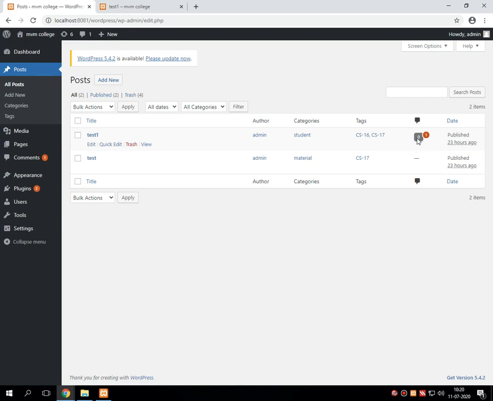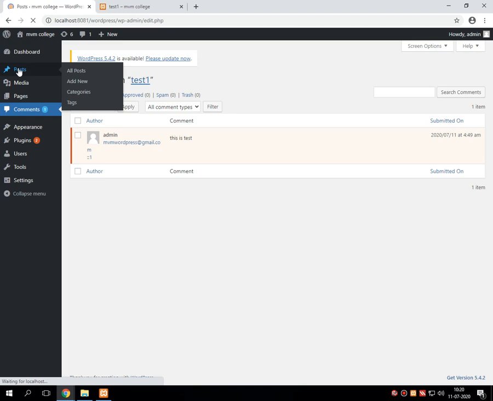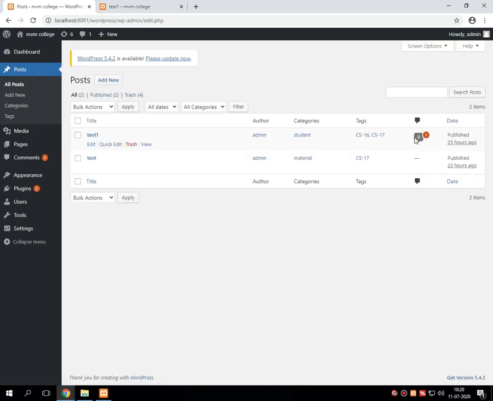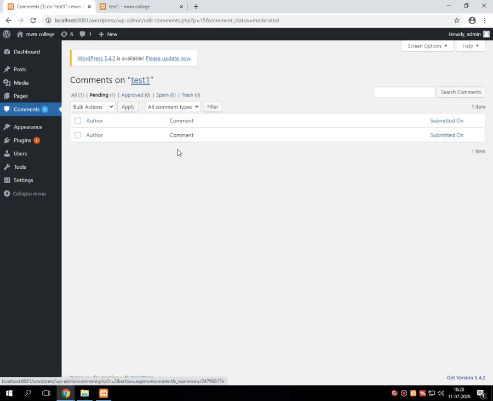And over here you will see the counter as 0, and suppose I am pressing the comment button over here, then again it shows for approval. Now suppose in the post I am selecting the particular comment and pressing the button called approve.